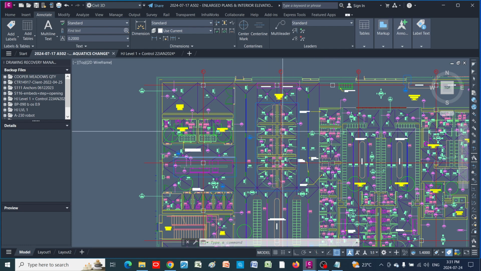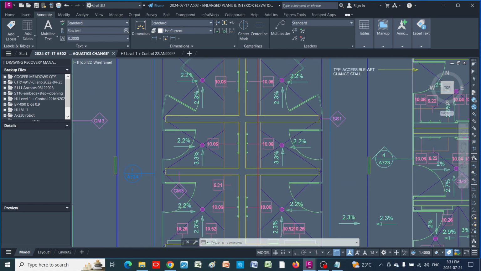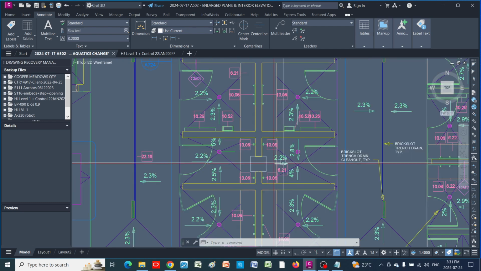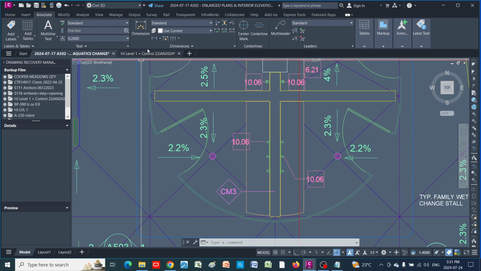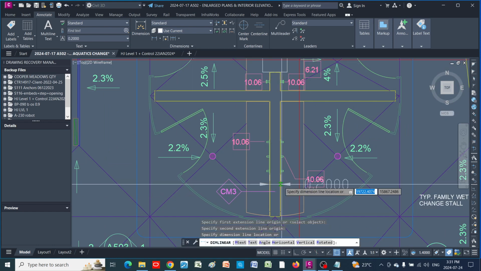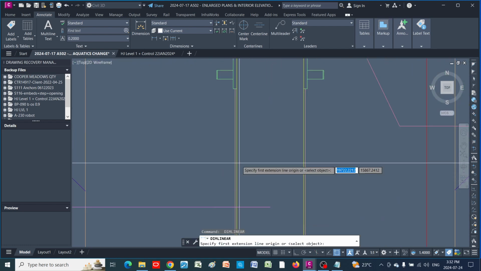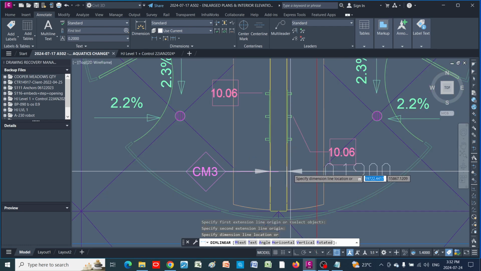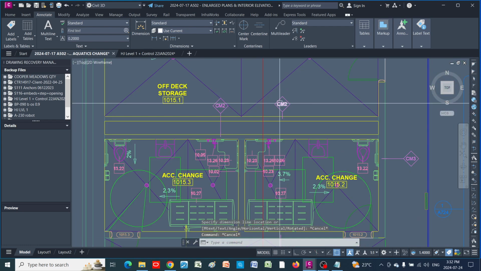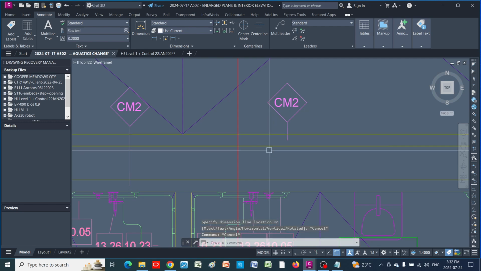So all of these need layout. Where's the label for this one? It's CM3, which was 200. It's 190 as well. How come they have the same dimension? CM2 is 140.